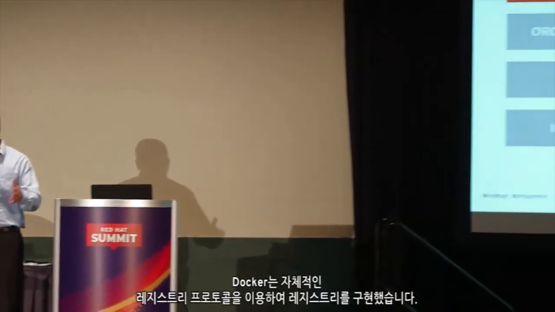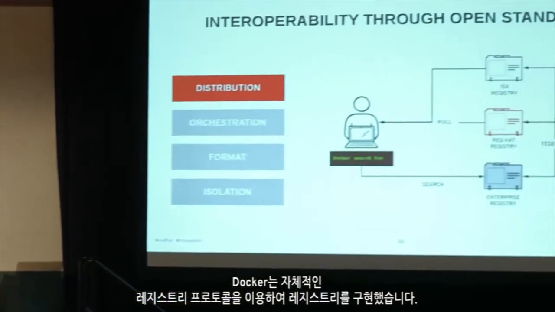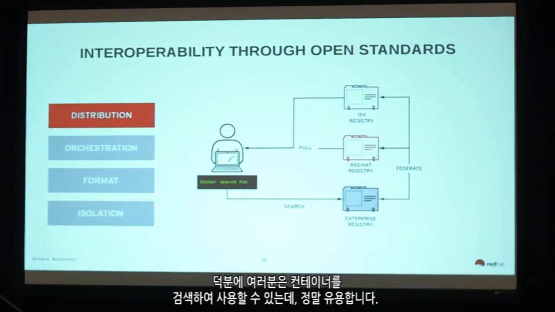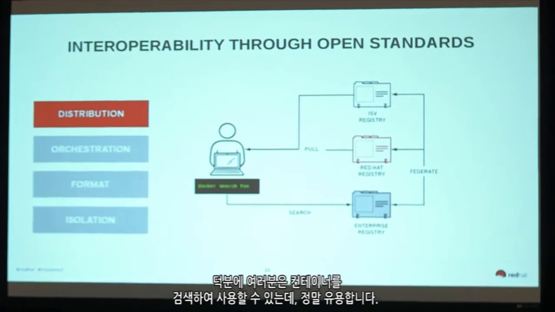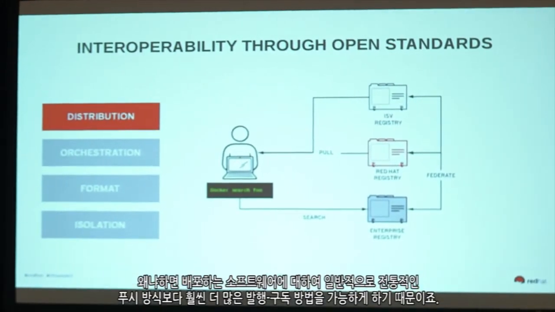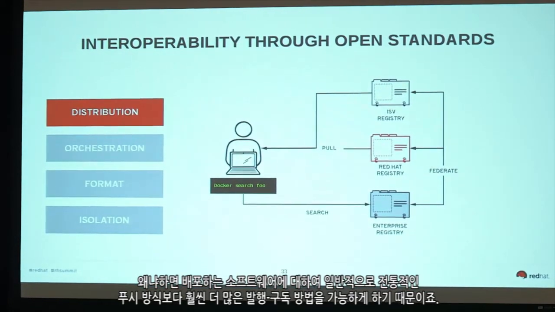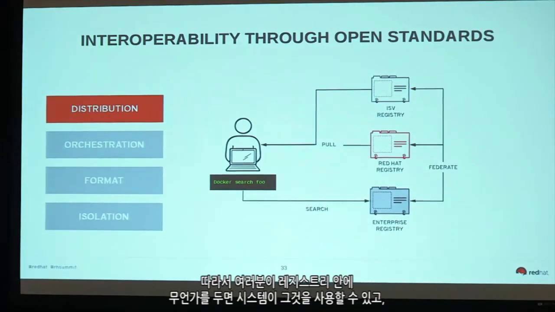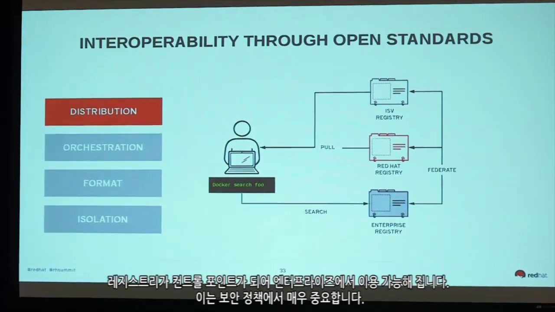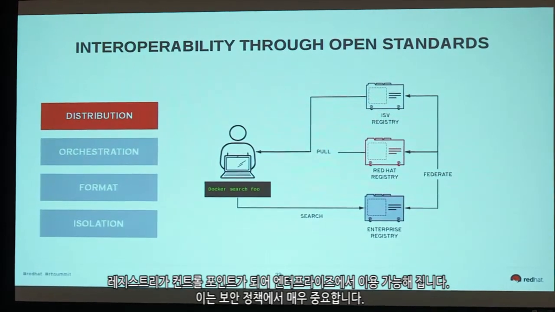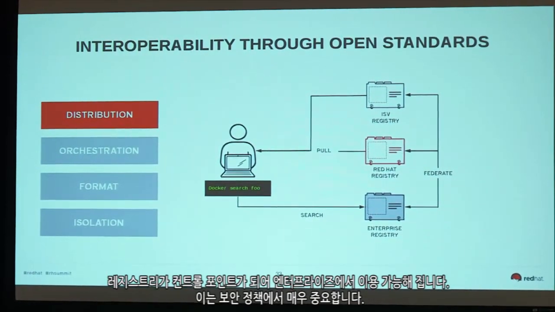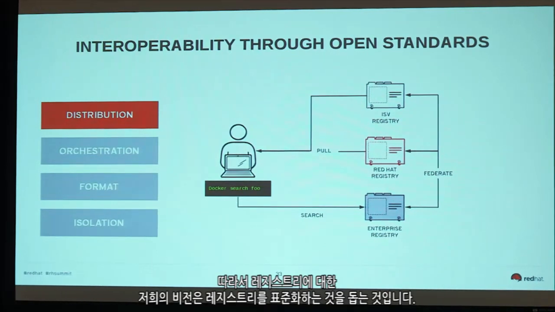The last but not least, the fourth area that's increasingly getting in focus as we see more ecosystem emerging around containers is the distribution of containers. Docker comes with a registry implementation of a registry protocol that allows you to search for containers and then consume from that registry, which is actually clever because it enables a publish-subscribe method for distributing software, which can be a lot more efficient than a traditional push. So you put something in a registry, it's therefore available for systems to consume. So the registry becomes your control point as to what is available inside the enterprise, which is a big deal for your security policy.